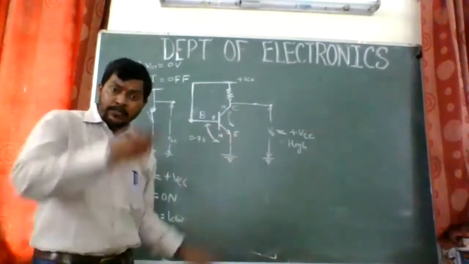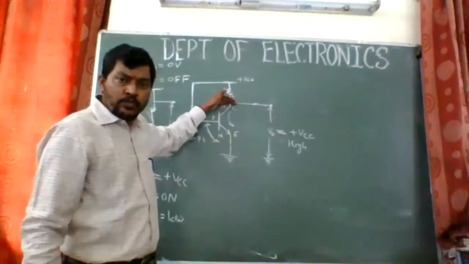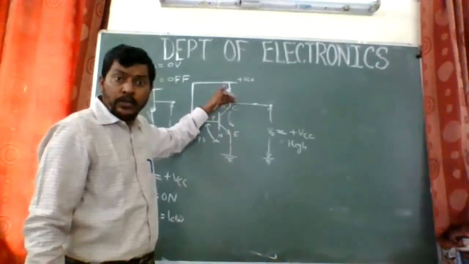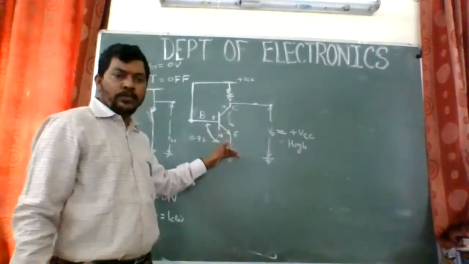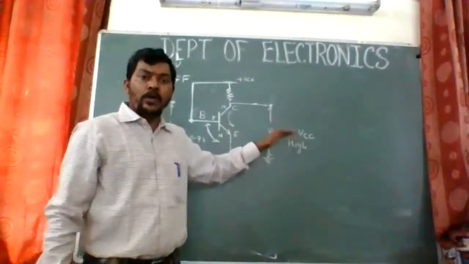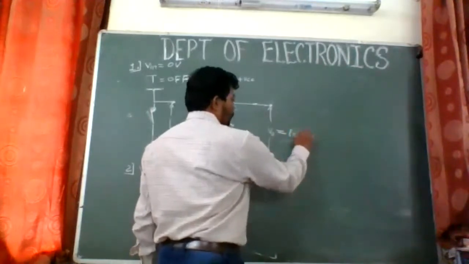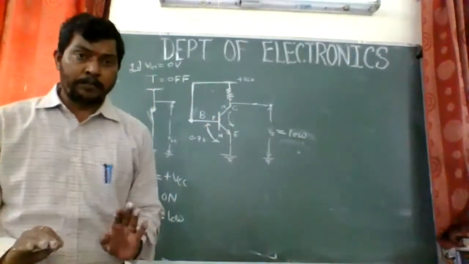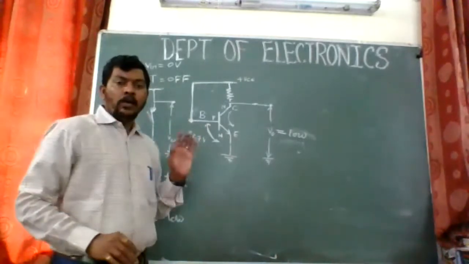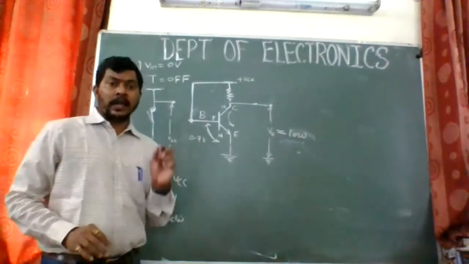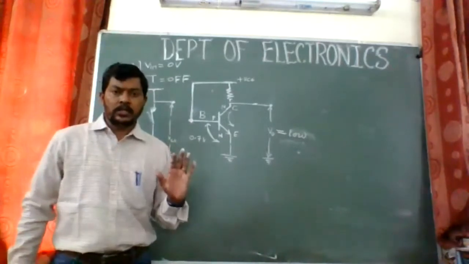The current will start flowing through the transistor to ground. This implies that the voltage which was supposed to drop over here during the open or off position has now shifted to the ground position. The output voltage now will be low, or say 0 volt. Ideally it should be 0 volt, right? So this is how a transistor works as a switch, right? I hope you understood this.